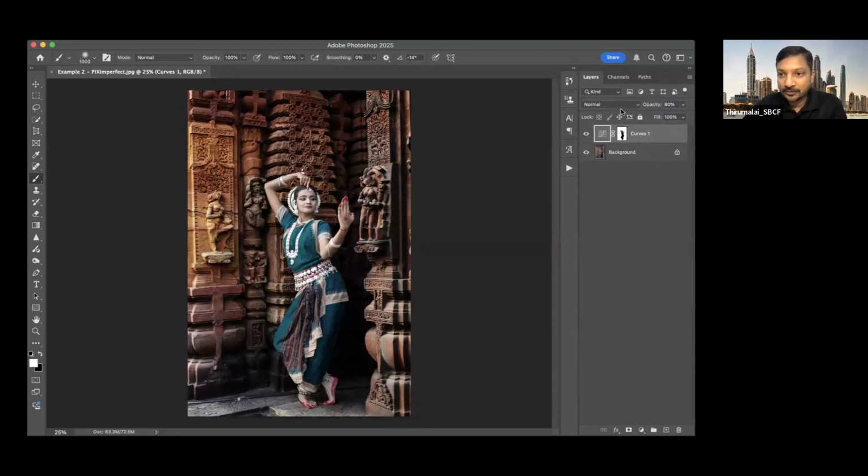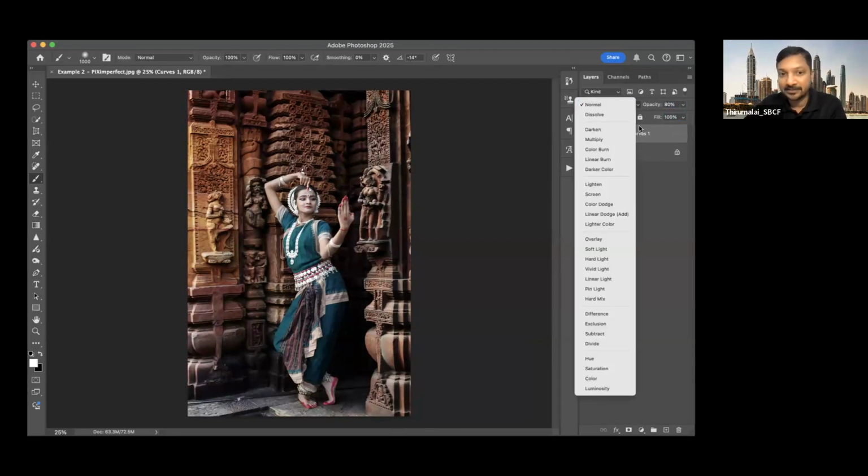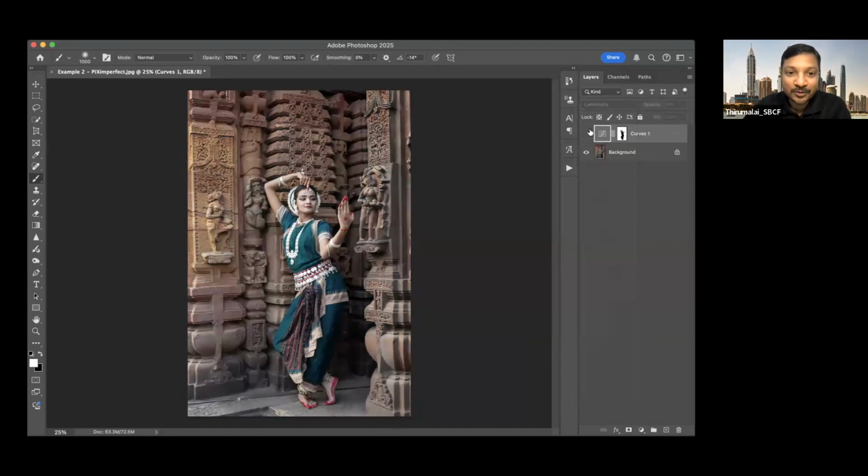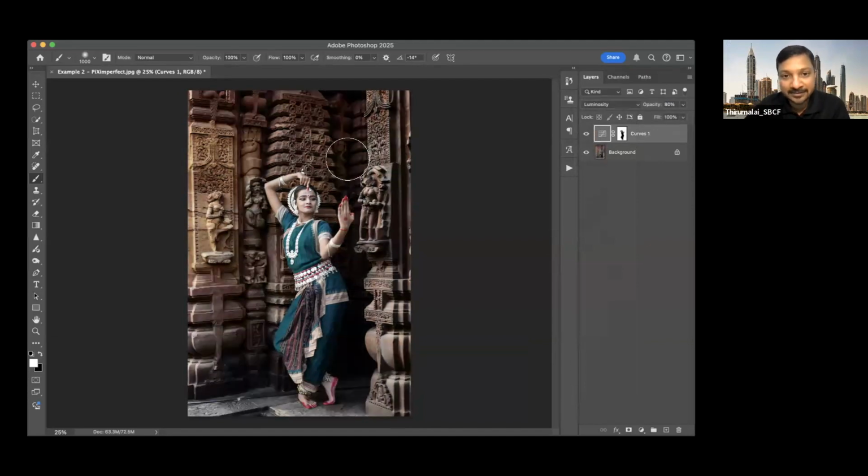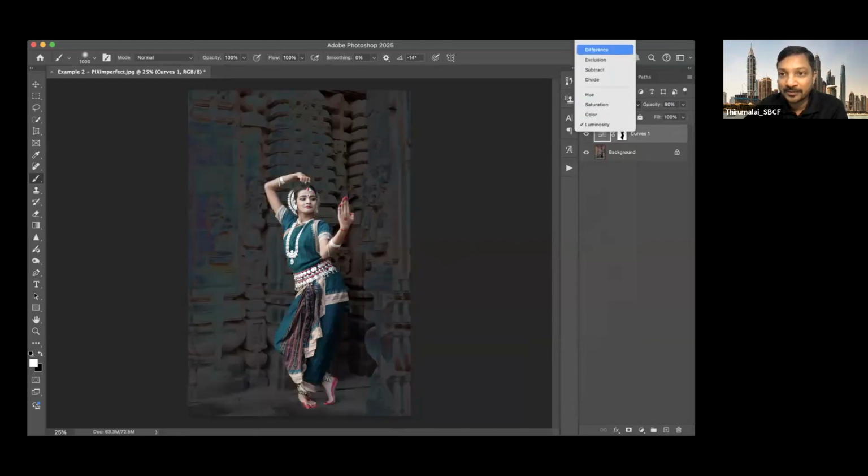let us do the same thing with luminosity. Now I have applied the curves. And when I click on luminosity, what you will see is it is not the colors that have been enhanced. It is just the brightness of the image which is changing. Now, when I go to normal blend mode,